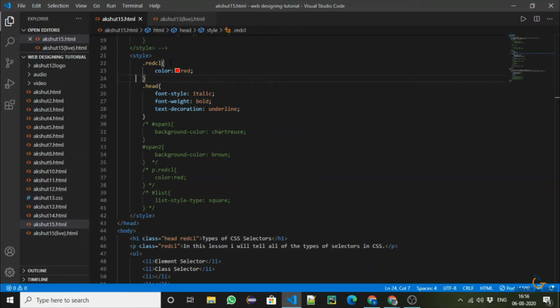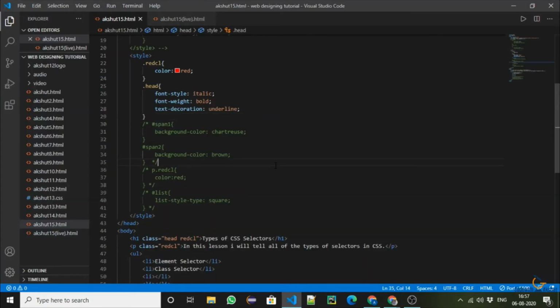Then I made another head class, as you can see here. So this is our head element. So in this what I did was I added CSS to it. So whichever element would contain this head class would change its font style to italic, change its font weight to bold, and change its text decoration to underline, as you can see it.